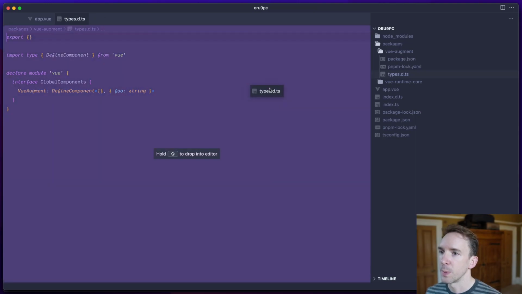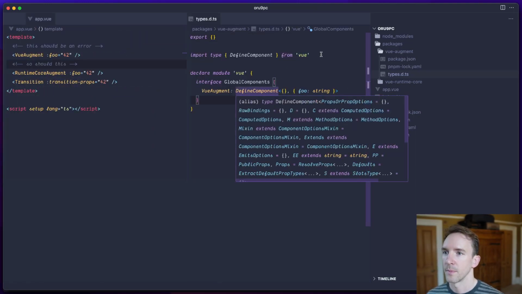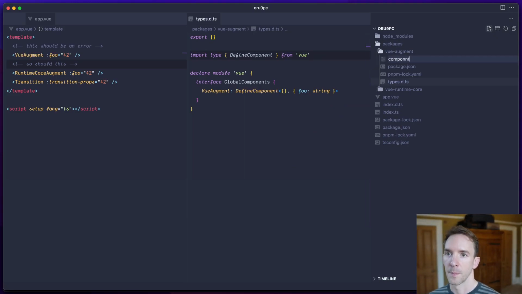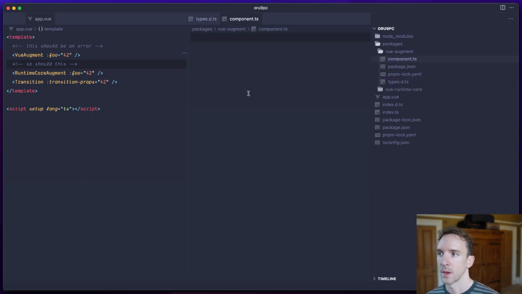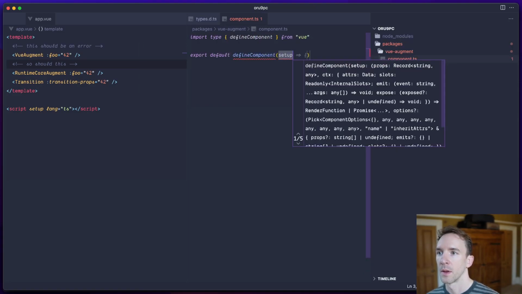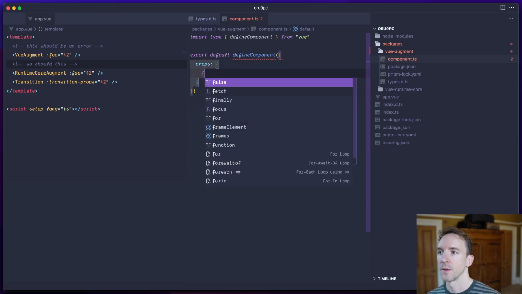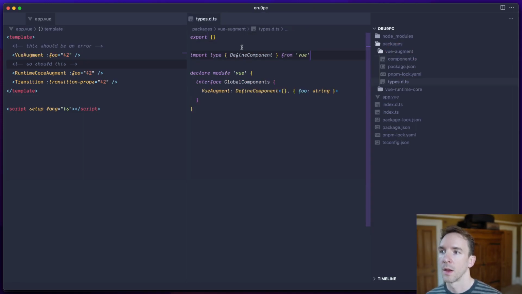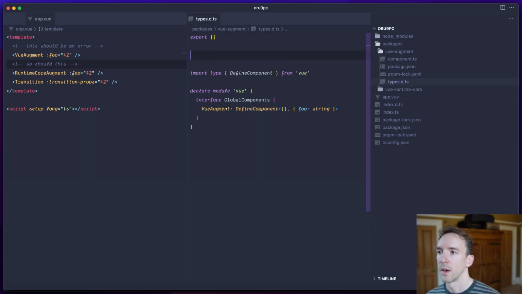So vue augment should be... I'll create a little export default defineComponent, props foo string. Import type vue augment from